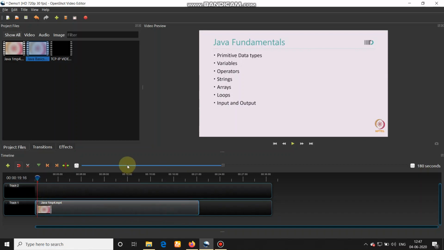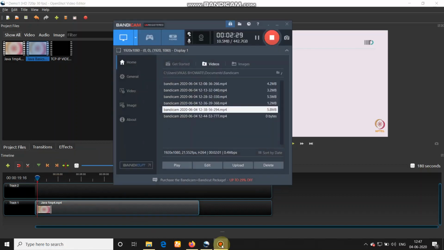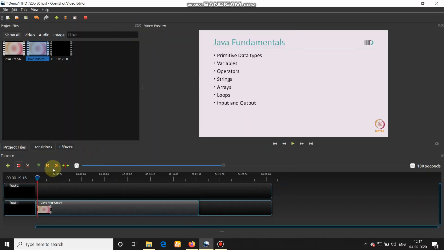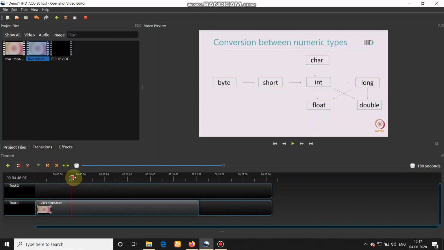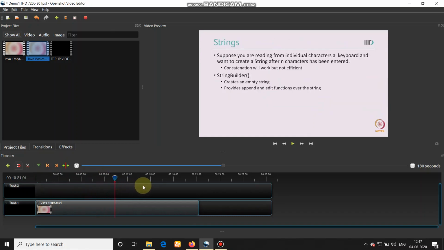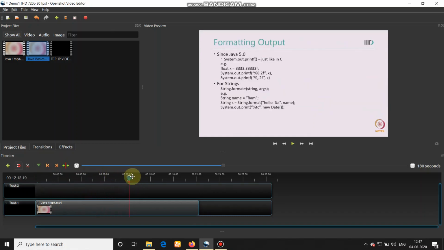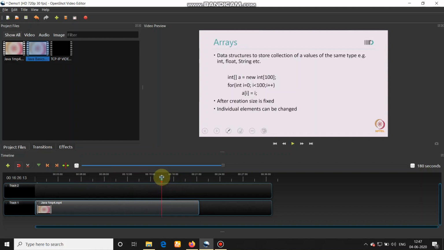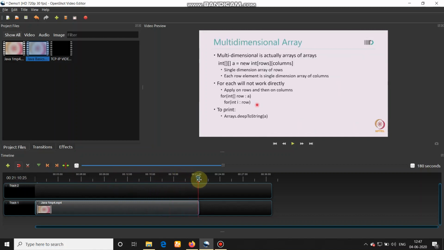For that you can use the icon which is given over there for moving the slider to the end. Or you can simply move the slider to the end.